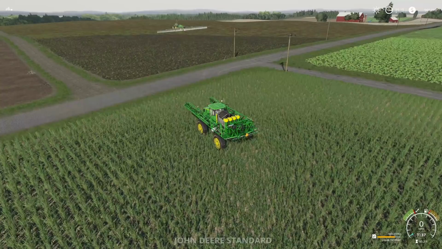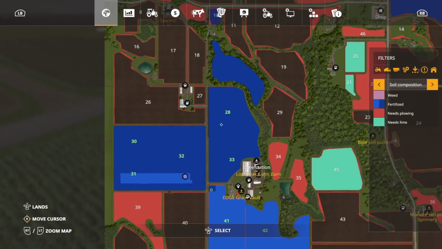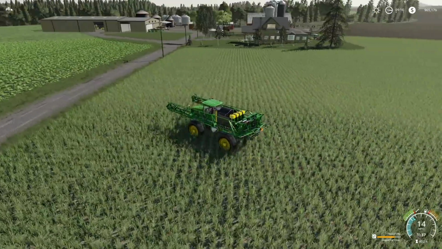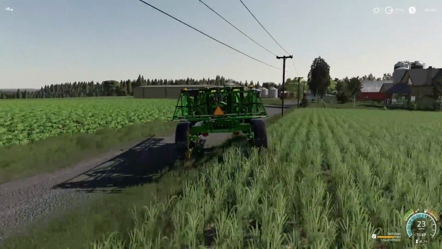How's this guy doing? One more pass to make. Nice and easy. So that means we're done right here. That is it for that. We go ahead and take this, put it away, park it up. Thank goodness we've got the care wheels on here. We would be, well,